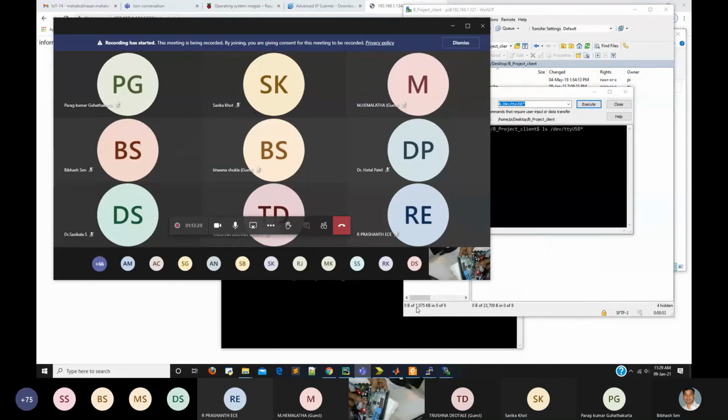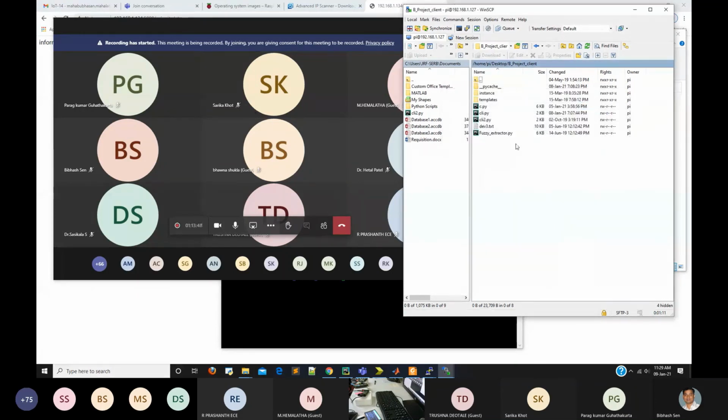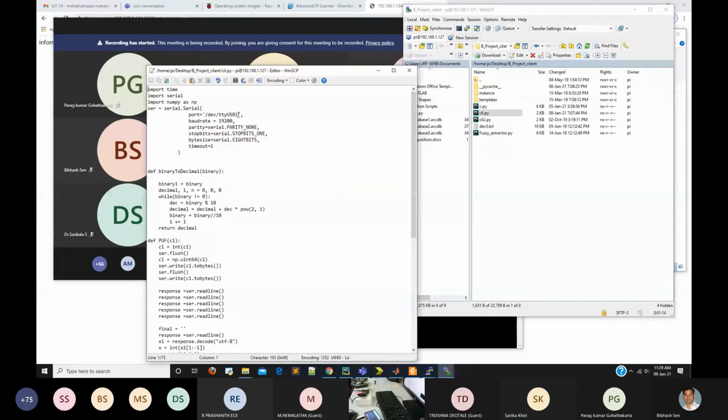This is the path, and this path is connected to the port, the USB port where it is connected. So we will collect the data using our code. For that, USB 1. So we will go to USB 1. I will just modify the code. USB 1 is also given, so no problem with that. Just simply save it. Using this serial port, I will get the PUF data, or that FPGA board access.